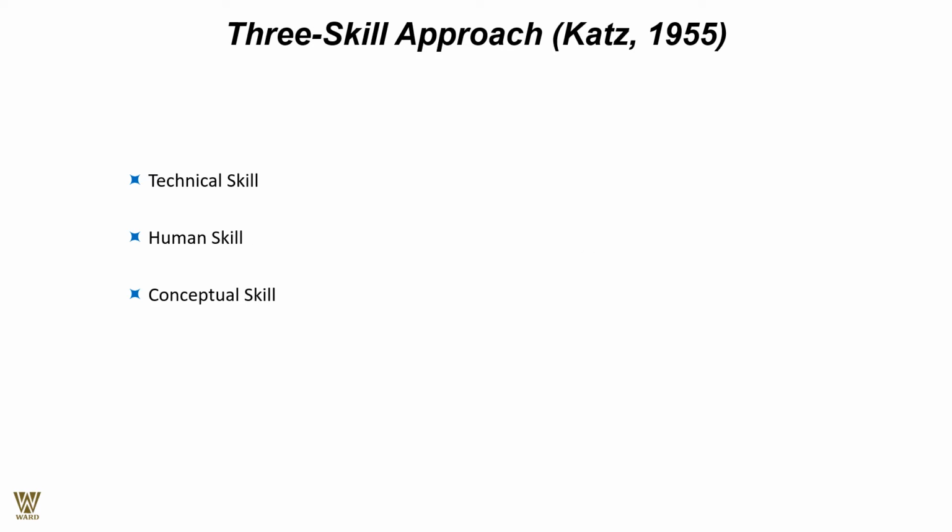and practice. So, the three skills approach. Now, way back in 1955, Katz spoke about the three skills, which are technical, human, and conceptual skills. Remember, the top management will be utilizing much of conceptual skill and less of technical skill. The bottom supervisory levels, the bottom employees, would be more interested in the technical know-how. They will be going through the mundane process of production, so they will have technical know-how.